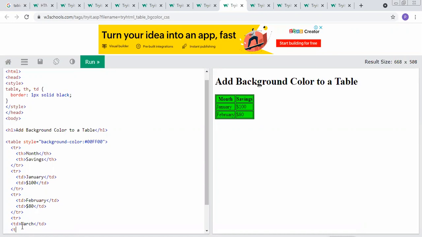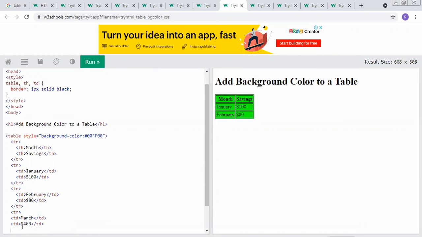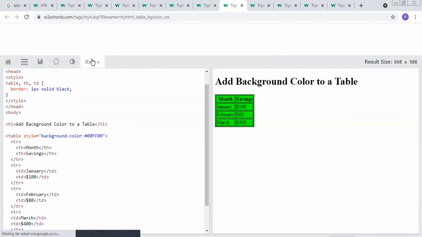Then again we have to add the new row element for the next column, which is saving. For example, if you want to add $400 in that td tag, again in that tr tag. So we can easily add the new parameter.